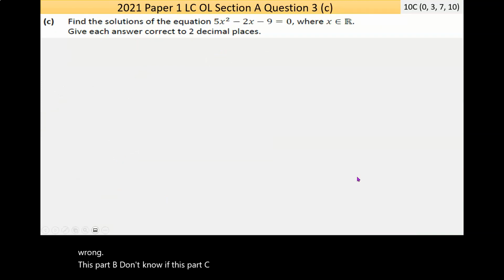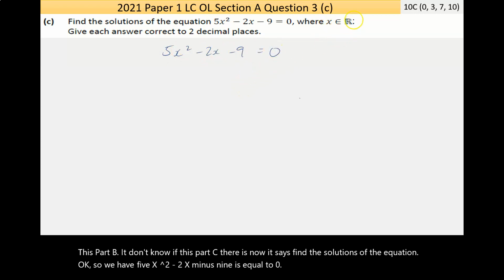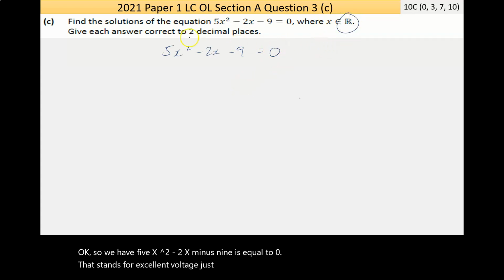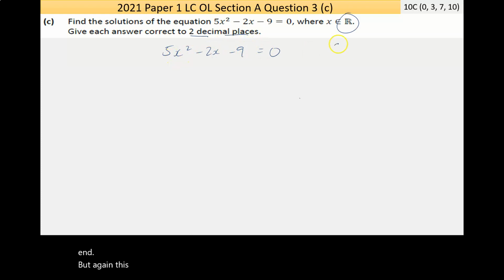There is. Now, it says, find the solutions of the equation. So we have 5x squared minus 2x minus 9 is equal to 0. It says where x is an element of R, it just means any number. Give each answer correct to two decimal places. So don't need to worry about that until the end. Now, again, this is quadratic. So quadratic has generally two